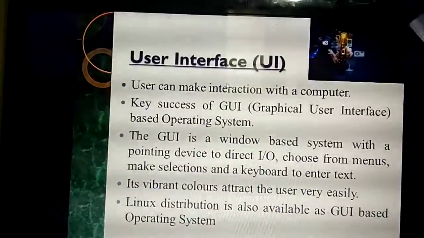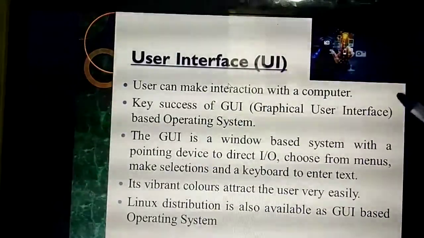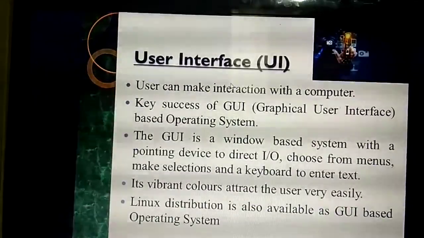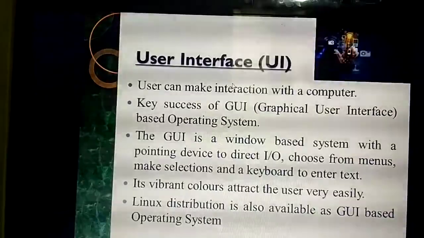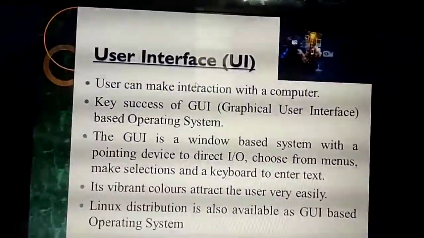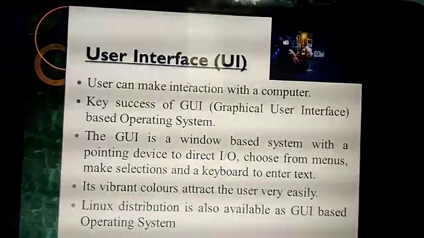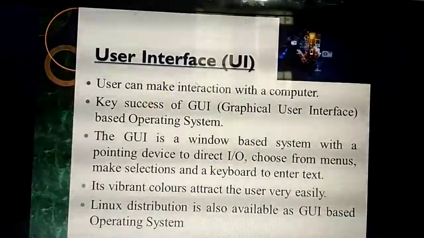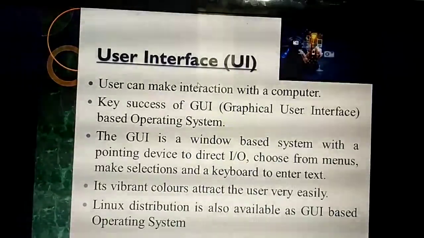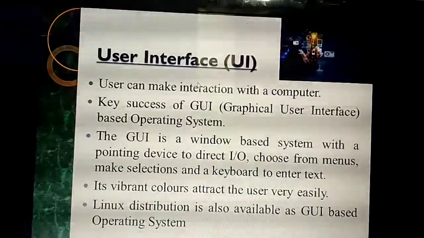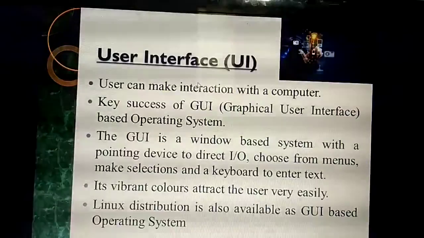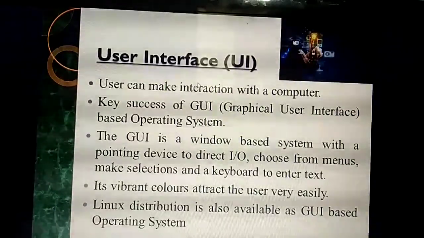So they bring all these things in single menus. In these menus itself you can select, and by keyboard itself you can enter the text. Also, by using this GUI they bring attractive colors. Attractive colors means, for example, in olden days you have seen all the movies in black and white format, isn't it? Nowadays you can see them in color format and in a very attractive manner, isn't it? That's all. So this GUI can bring new attractive colors.